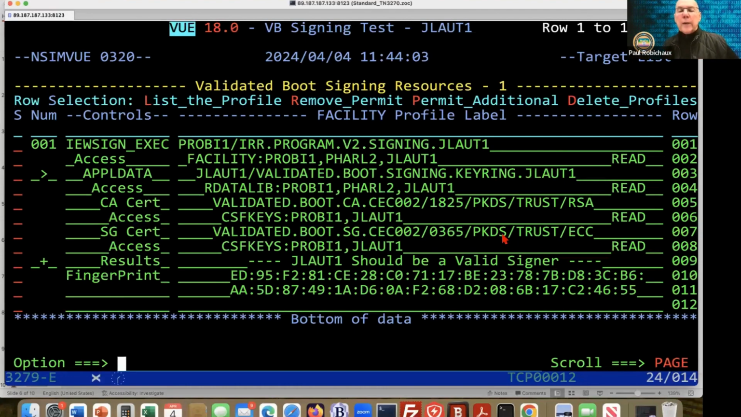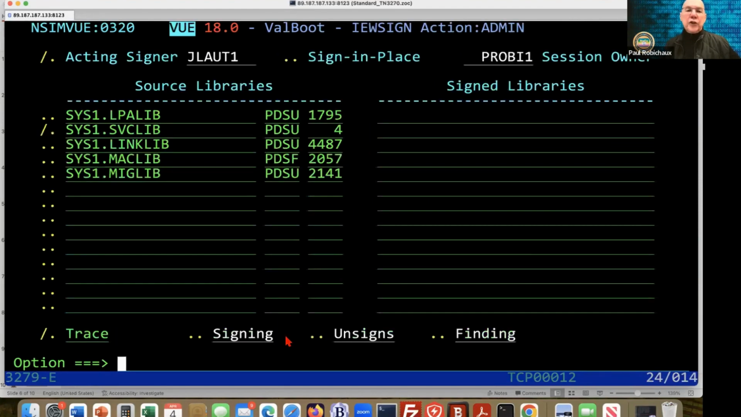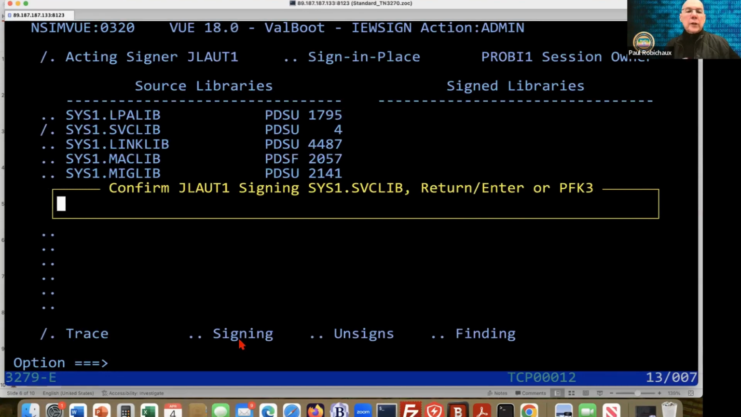So we're going to back up. Now, remember, I'm logged on as PRoby1. So I'm going to be signing for Jim, or signing as Jim, I should say. So if we look up here, we can say the acting signer is this, but the session owner is that. Let's see what happens when we say, can we sign? So, all right, confirming JLOT1 signing of